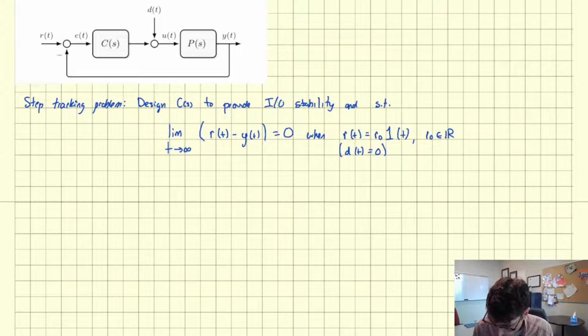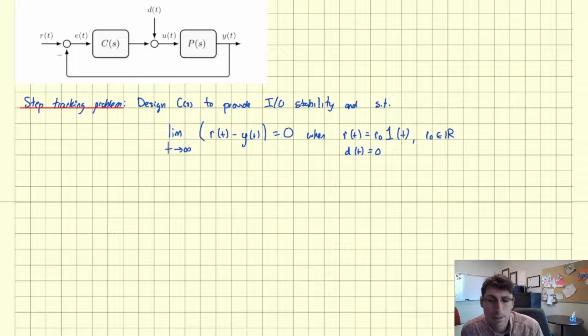So what is the problem asking? We want to design a controller C(s) so that we have stability, and furthermore, in the limit as time gets large, the output Y converges to the command signal reference R, and that difference goes to 0. In other words, the tracking error e(t) in the picture above goes to 0